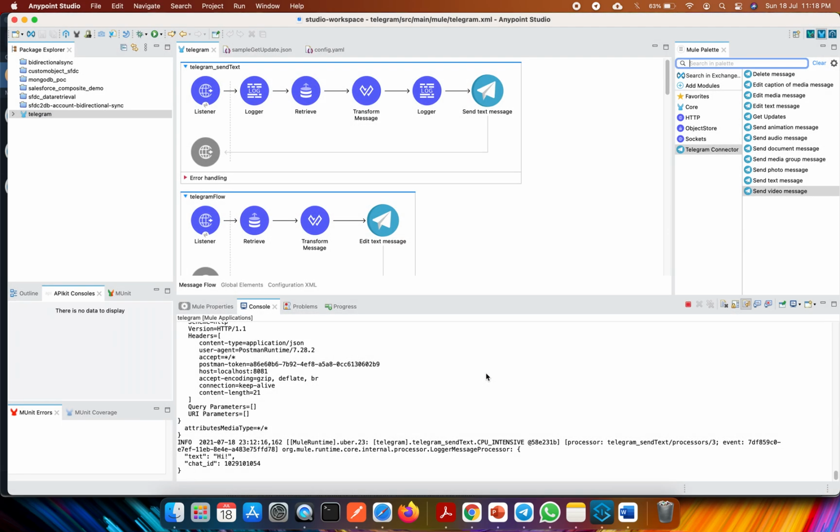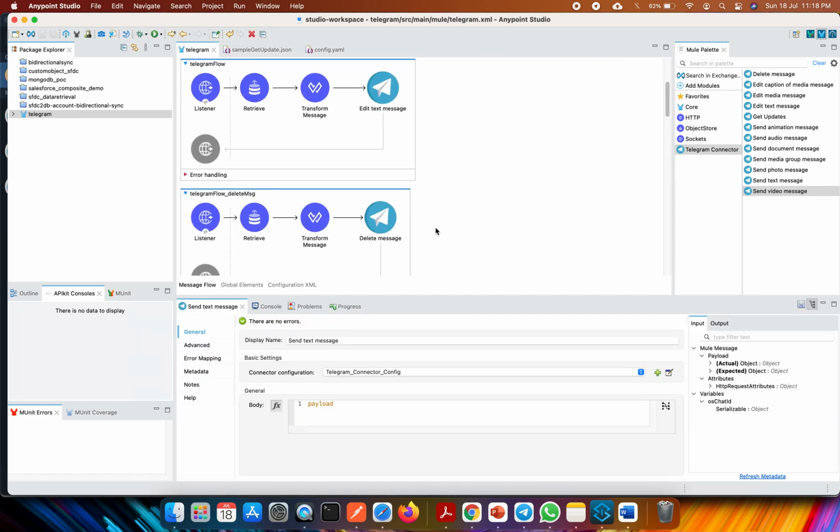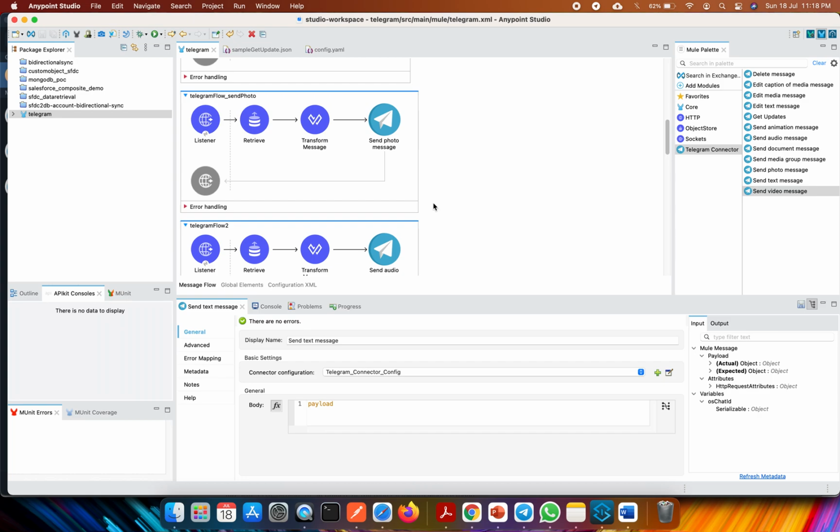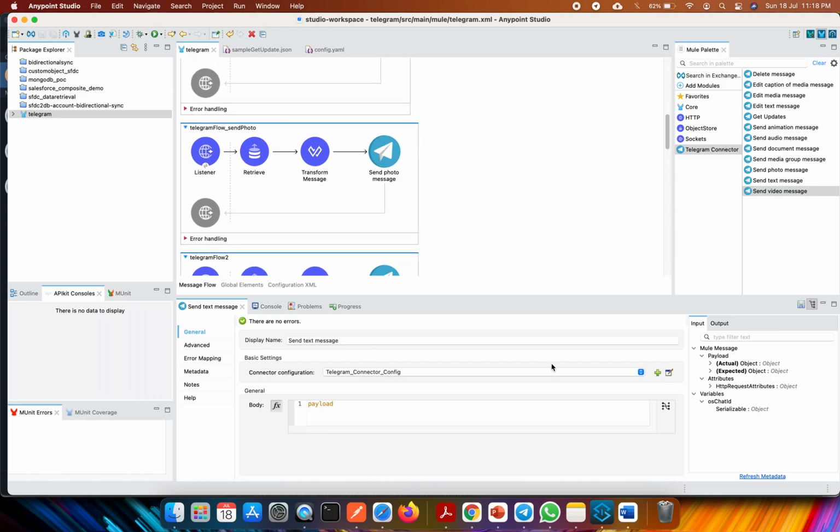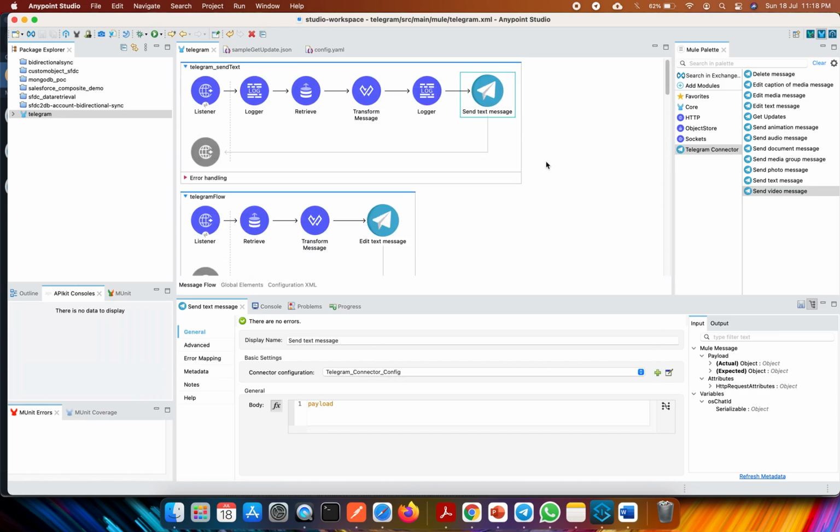Once it is properly installed, it will come up like this, and you can select the appropriate operations of this connector. One of the most important things I would like to discuss, which you can see in each of these flows, is the connector, that is the Telegram connector config. You just drag and drop one of these operations onto your canvas as part of flow creation, and click on this plus sign.